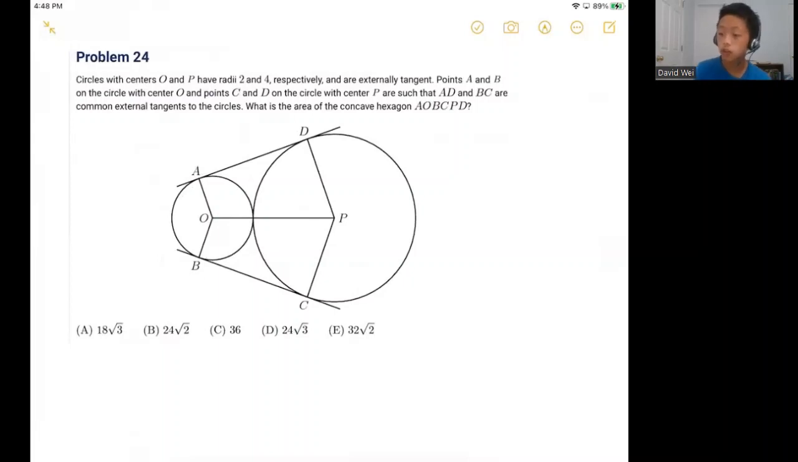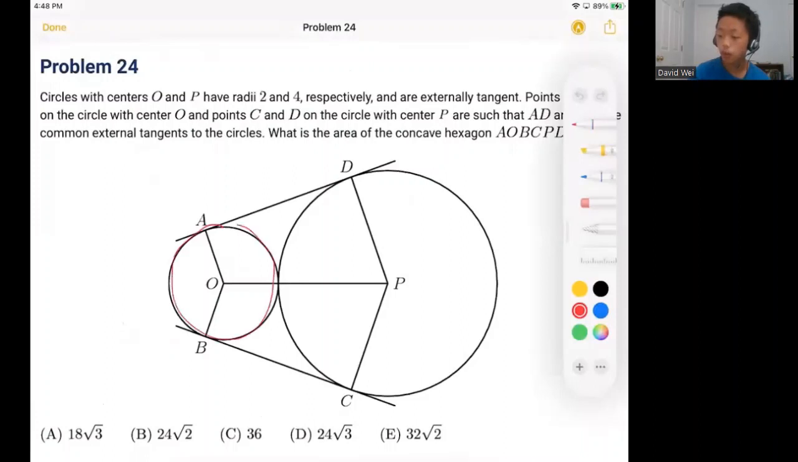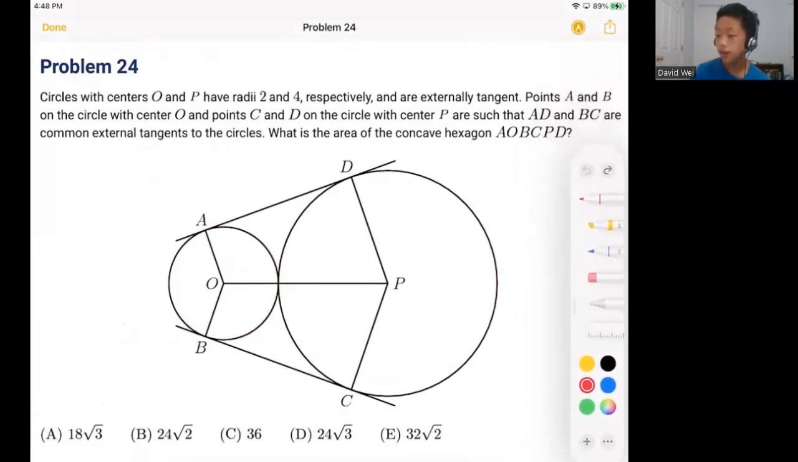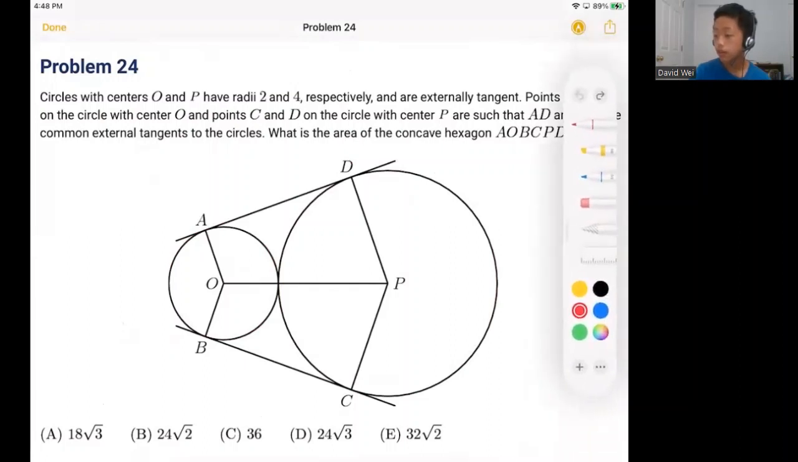In this question, we have two circles with centers O and P that have radii 2 and 4 respectively and are externally tangent. Tangent just means that the circles are touching at one point, like in this case, they're touching at that one point there. And we're given that points A and B are on the circle with center O and points C and D are on the circle with center P, such that AD and BC are common external tangents. And we want to know what is the area of the convex hexagon